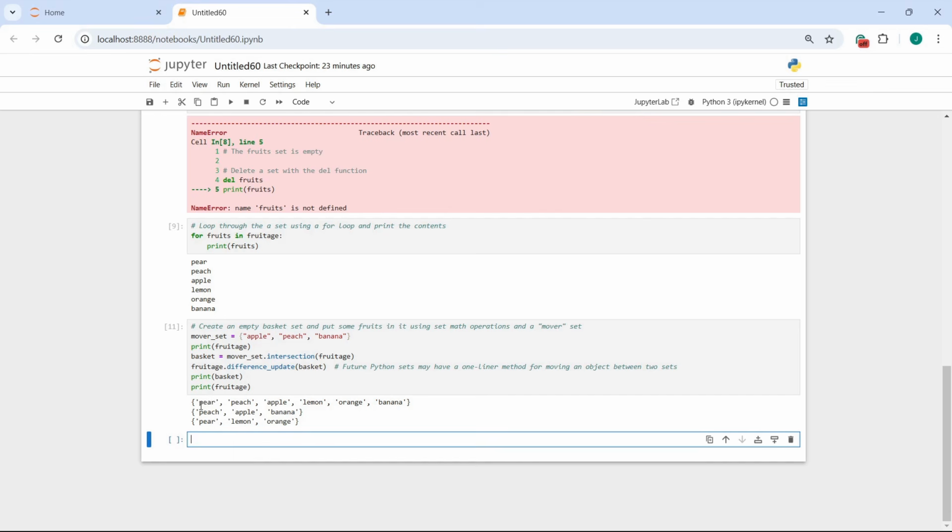So here we can see the original fruitage set, and here we can see the new basket set. And we can see the resulting fruitage set after we have moved the peach, the apple, and the banana into the basket set. So this is what we can see from this code. The apple, peach, and the banana were moved from the fruitage set to the basket set with a set math operation